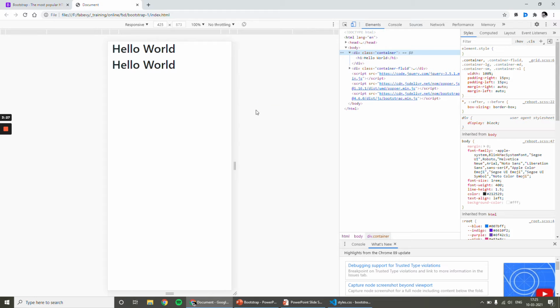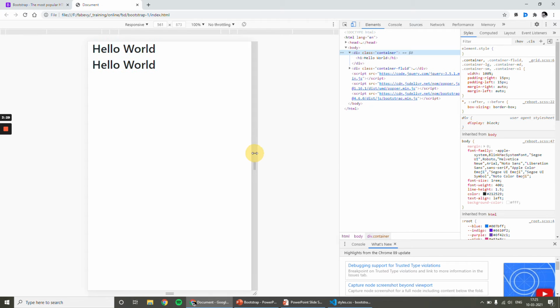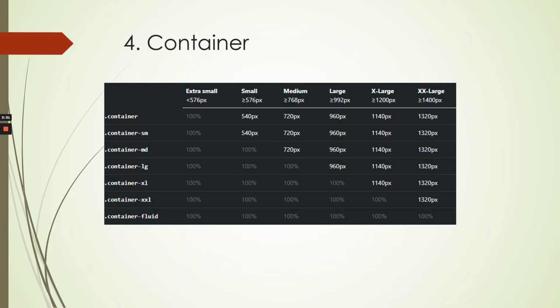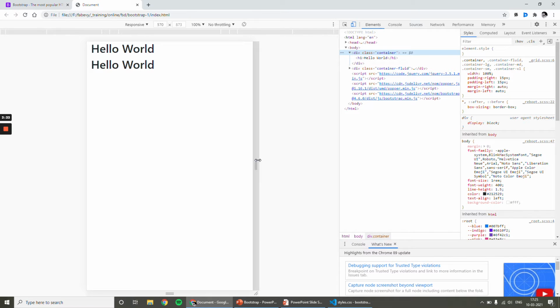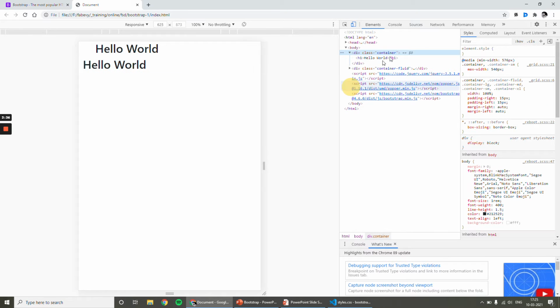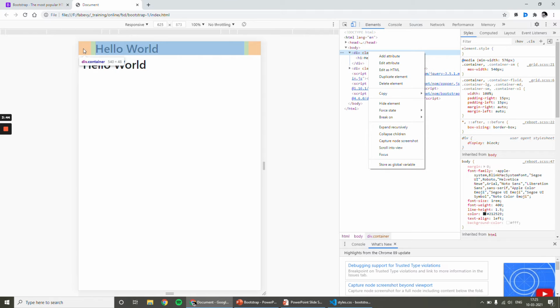When the device width is more than 576, then it will apply 540 as container width. You cannot use space outside of 540 pixel.